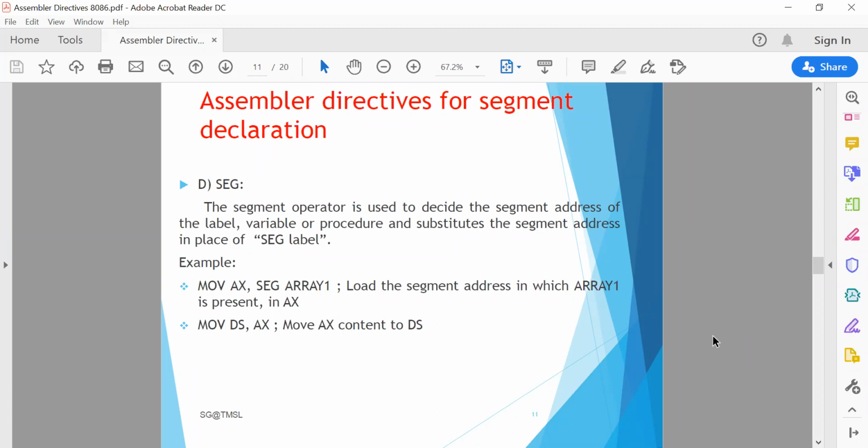For example, move ax comma seg array 1, or move ds comma ax. In the first statement, move ax comma seg array 1 moves the segment address of the segment in which array 1 appears to register ax, and then it copies it from ax to ds. So the segment will be initialized in this way using the SEG operator.